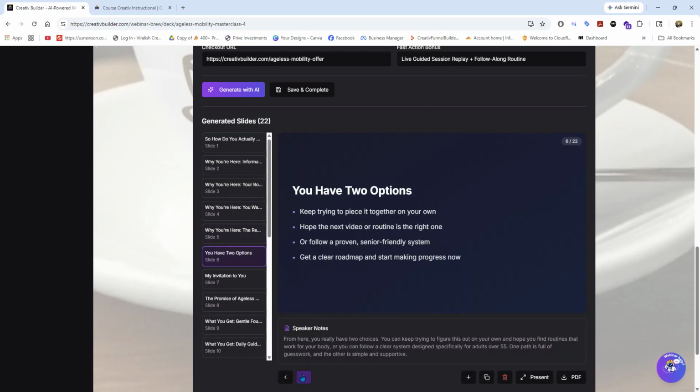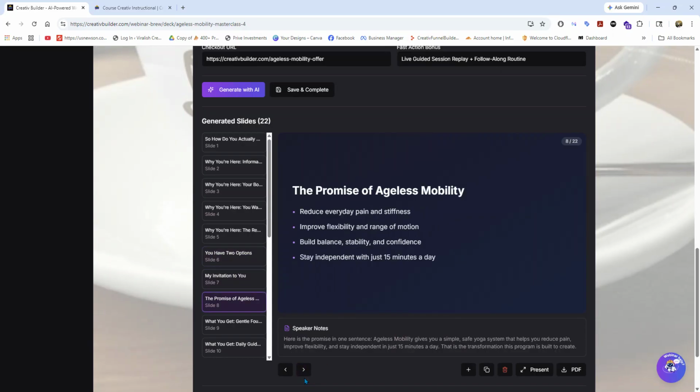This is perfect. You have 2 options, and this is a transition. Keep trying to piece it together on your own and hope the next video or routine is the right one, or follow a proven senior-friendly system. Get a clear roadmap and start progressing now. And the speaker notes say, from here, you really have 2 choices. Keep trying to figure this out on your own and hope you find routines that work for your body, or you can follow a clear system designed specifically for adults over 55. One path is full of guesswork, and the other is simple and supportive. Perfect. My invitation to you, the promise,